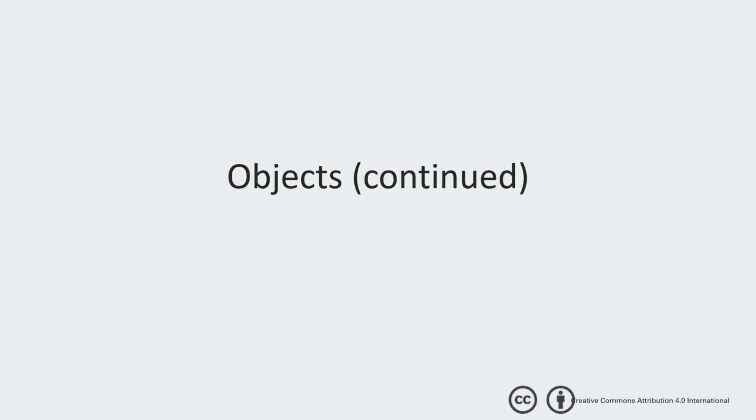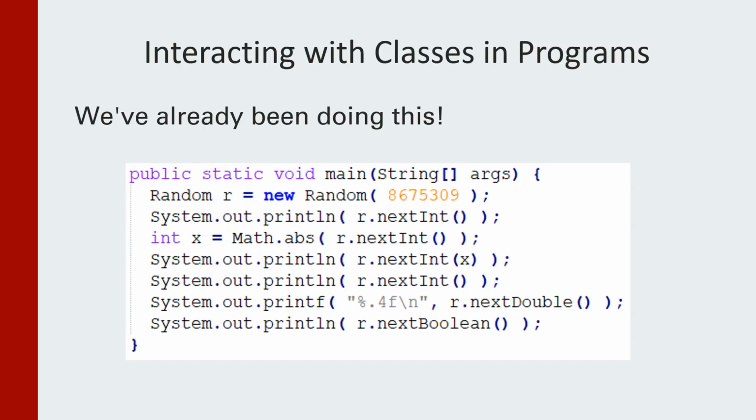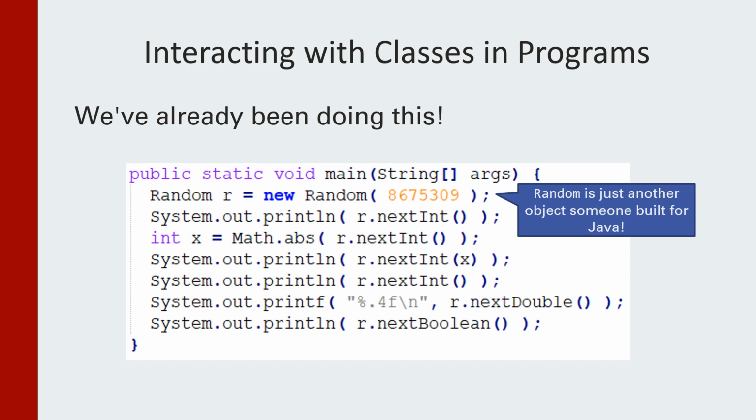Everybody. In this video, we're going to continue to talk about objects. And because Java is an object-oriented language, there is a lot to say about them. Now, we've already been interacting with classes in programs. For example, we've used the random class and the math class, and these things are just objects that somebody built